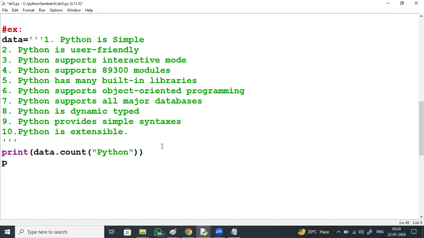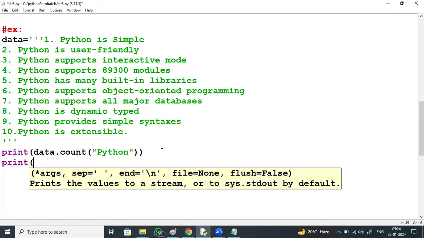For example, Python is case sensitive. Uppercase and lowercase are taken differently.